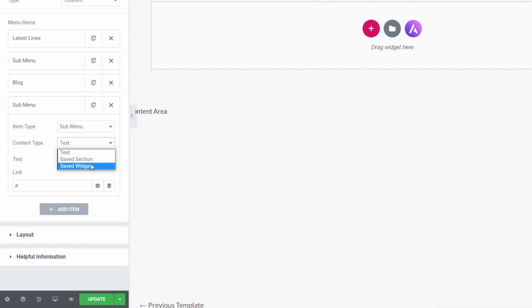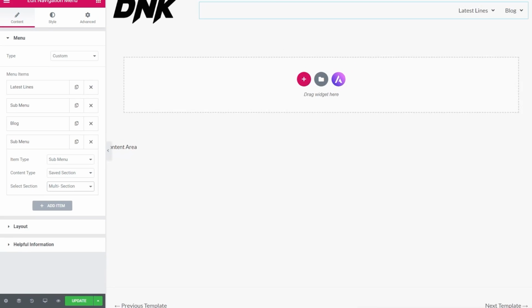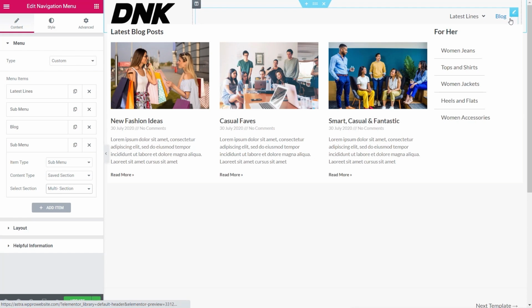Like I said, you could do global widgets if you wanted to, entirely up to you if you want to use those tools. We're going to keep it, like I say, really straightforward. So saved section, click on there, call it multi-section, we're going to pull that up, and now we come over, you can see there's our multi-section section brought in, and as you can see, we've got two completely different types of options inside here. Extra navigation menu items as well as blog items,